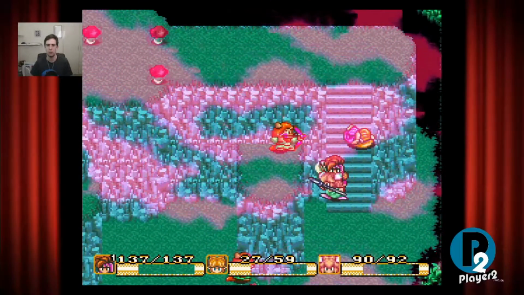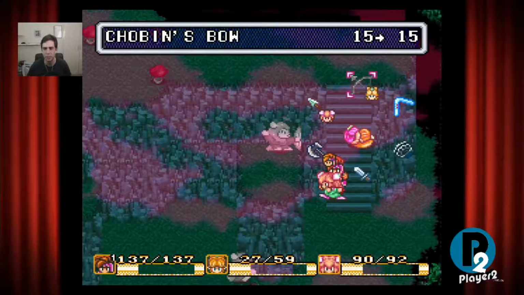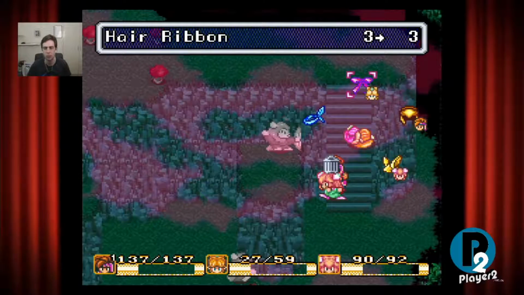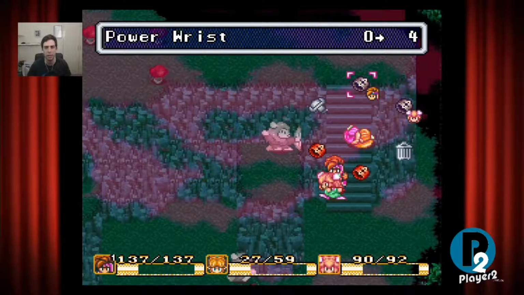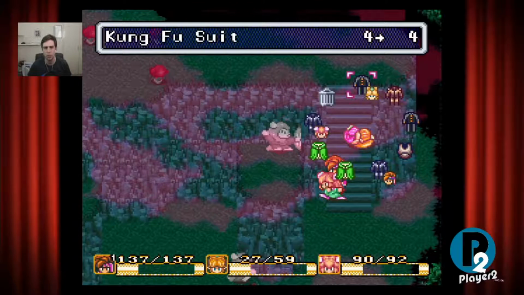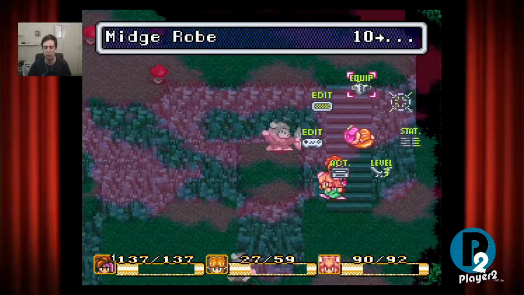At this early stage, a single hit from one of those guys, especially when I foolishly didn't equip her with any good armor, could be enough to polish her off. So I'll give her the hair ribbon. I don't have an extra power wrist, so I'll give her the elbow pad for the time being. And she's already equipped with the Kung Fu suit, so I stupidly bought an extra one, but she can wear the chain vest, so I'll give her that. That should up her defense and make her a little bit harder to...